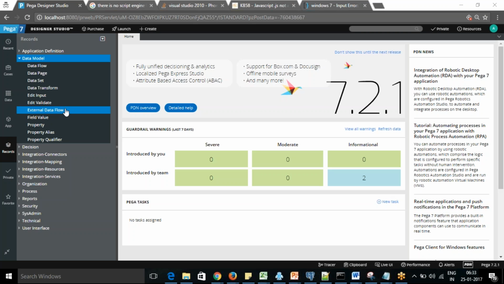From the data transform rule, another rule we mainly come to is data type. So what is a data type? A data type is nothing but a collection of properties, like a single class which contains the related properties.